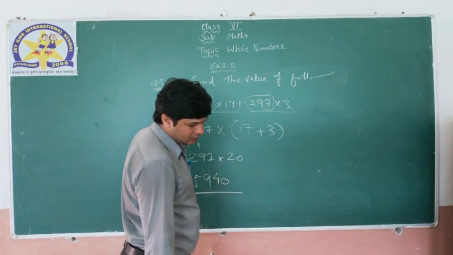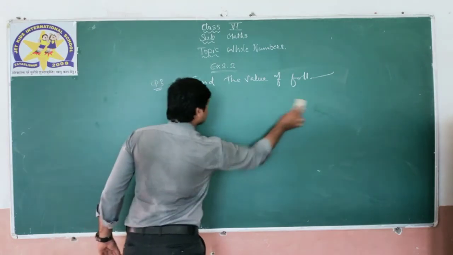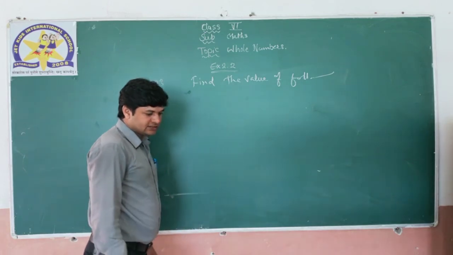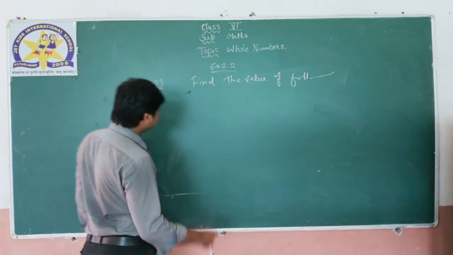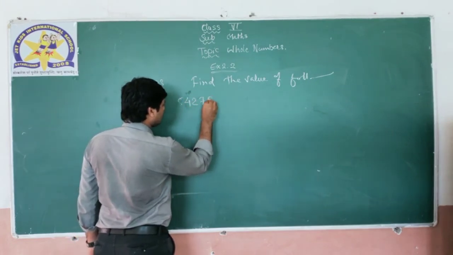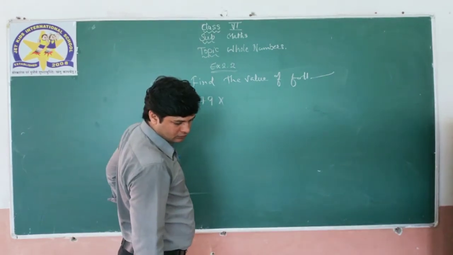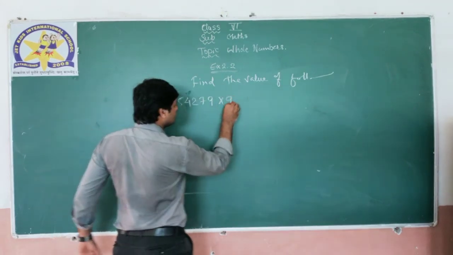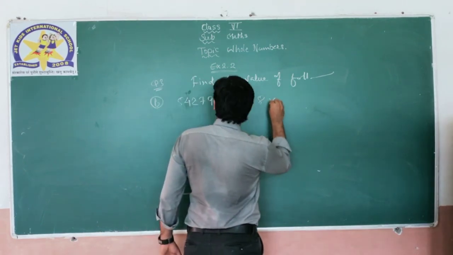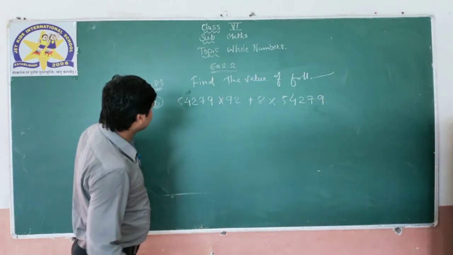Next one is again important. Now see, the second one is 54279 multiplied by 92 plus 8 multiplied by 54279. Right? So now